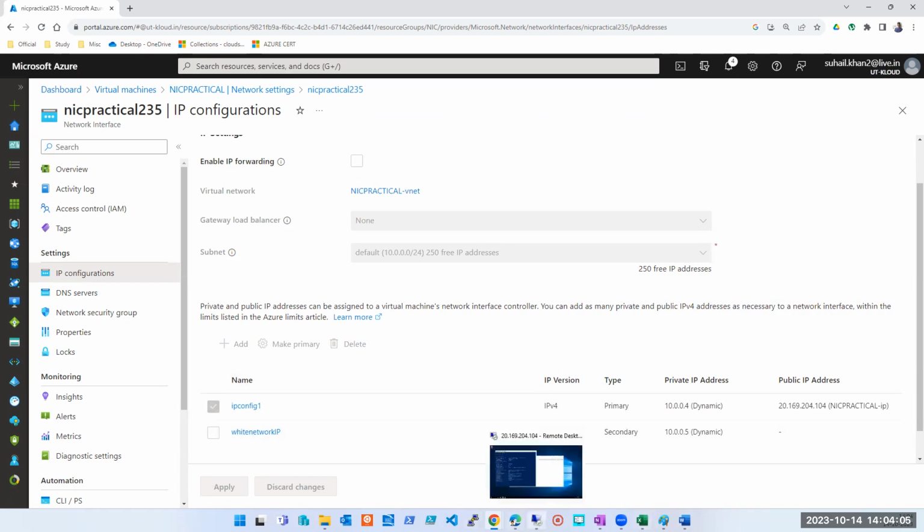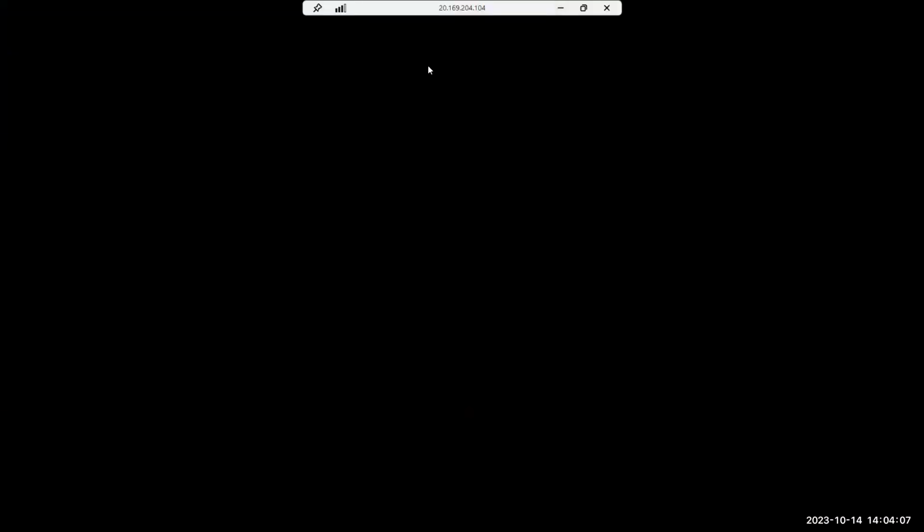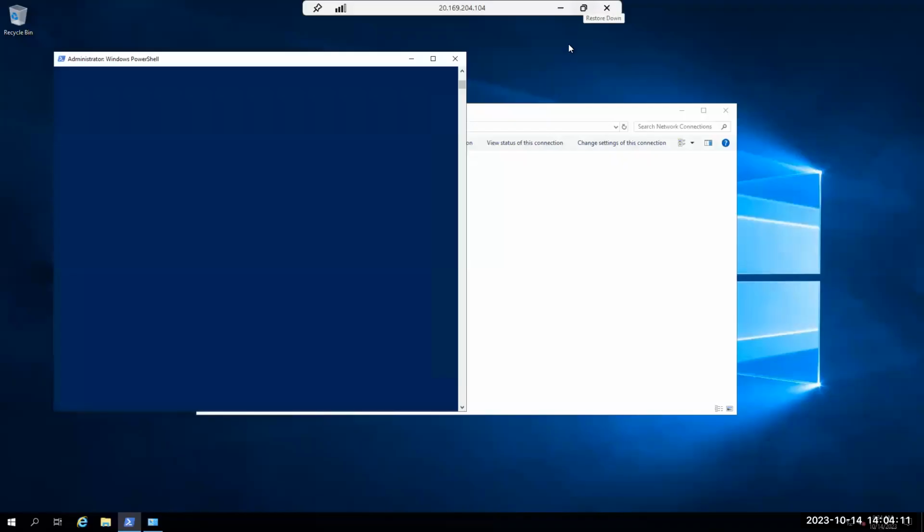Yes. Let's check if it is there. I think I lost the remote connection. Let me check. That should not be the case because we are connected using public IP. If I was using private IP for remote, let's say from some other private machine, then my remote would have gone for sure. But now because we are connected on public IP,